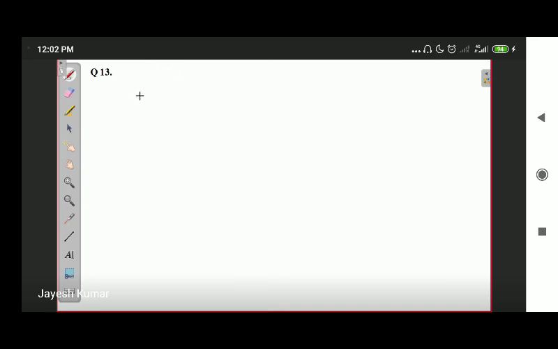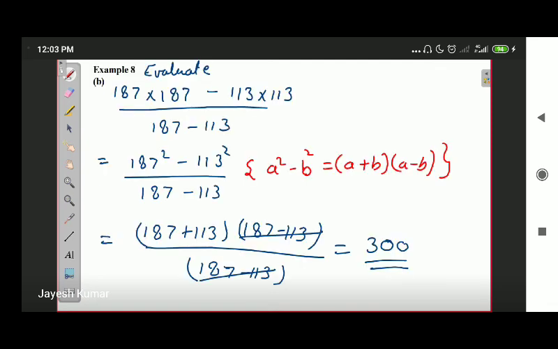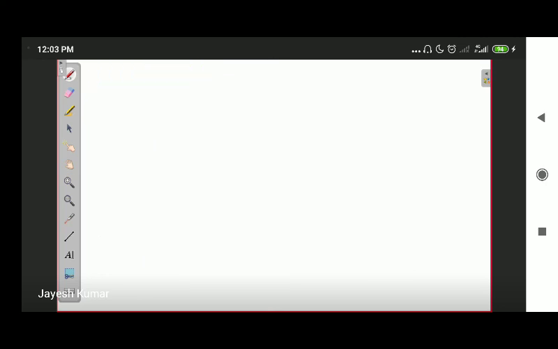So this way, two parts of question number 7, one part of question number 8, and questions 10, 11 and 12 are all becoming your homework. I think this much homework is sufficient for you. Instead of discussing question number 13, let me discuss one more part of example number 8, and we will conclude the lecture for today.